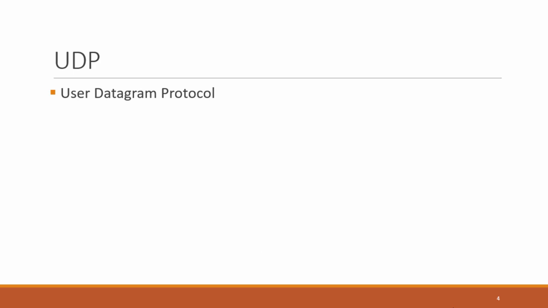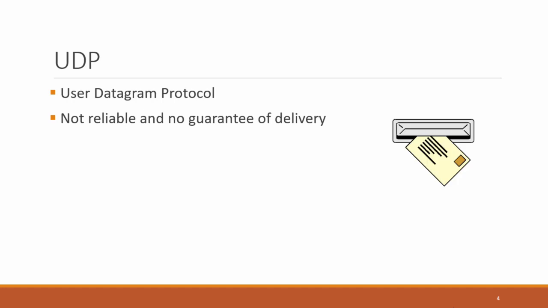The next protocol is UDP, User Datagram Protocol. As you may recall, it's a connectionless protocol. That is, it's not reliable and there's no guarantee of delivery. And that's the way it was designed. The best analogy for this is the mail system. When you mail a letter, there's no guarantee of delivery. We take it, put it into the postal box or at the post office, and we rely on somebody else to deliver it. This is the same thing we do with UDP. We primarily use UDP for speed.